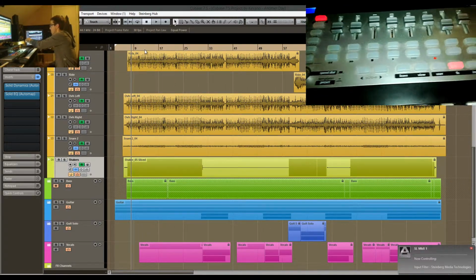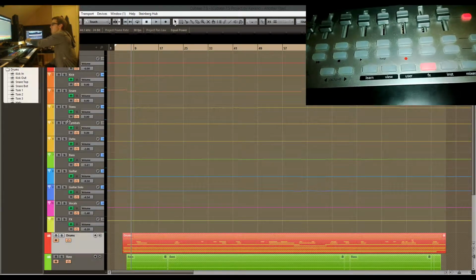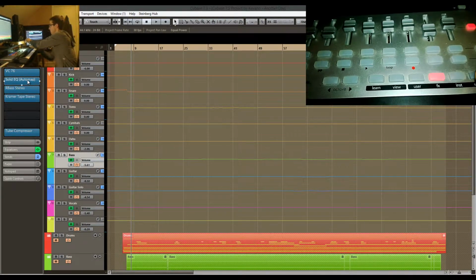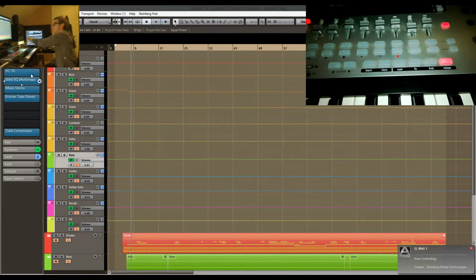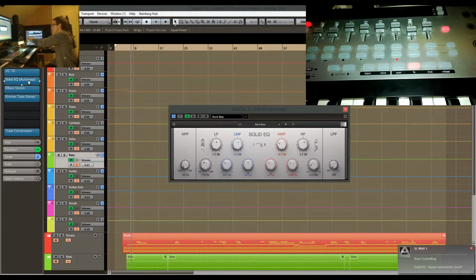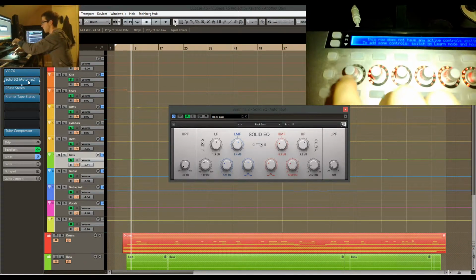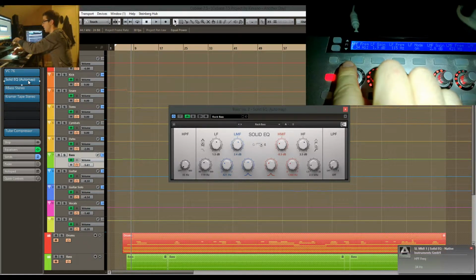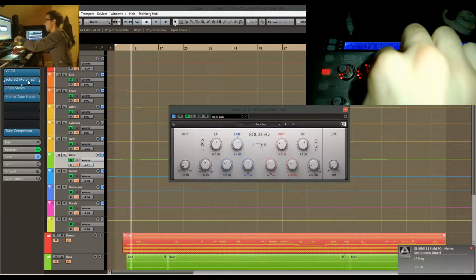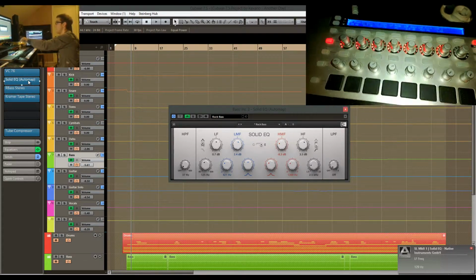Now in the effects mode, let's go into our group tracks because I have some stuff to show you. So let's say I was in the mixer window. There it is. Now I'm clicking into Solid EQ, which is Automap enabled. It's switched to control that instead of the mixer. Now I have all my controls here. I have my high pass frequency right there, my low frequency amount, my low frequency hertz, the actual frequency, etc.,